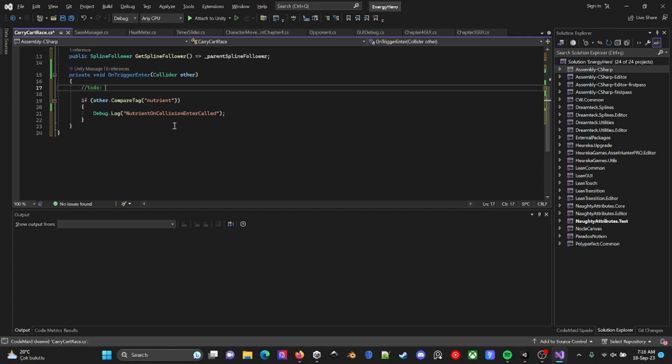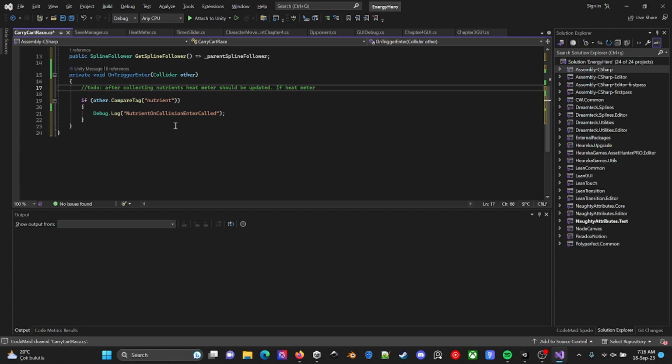And here let's make a to-do: player after collecting nutrients, the slider, the heat meter, should be updated.